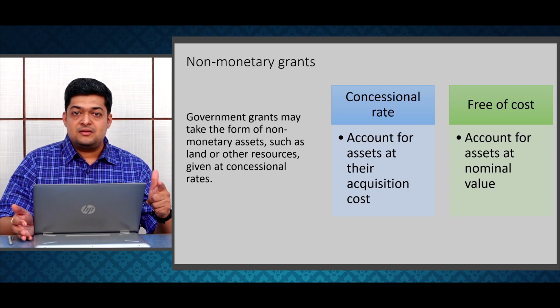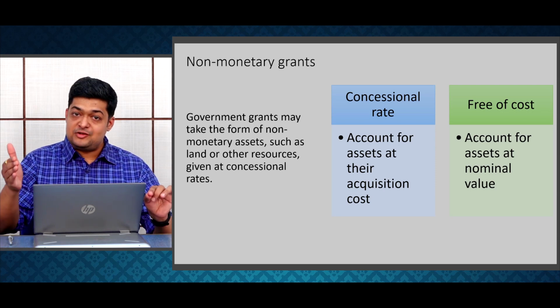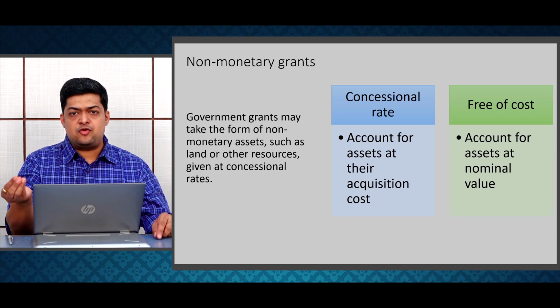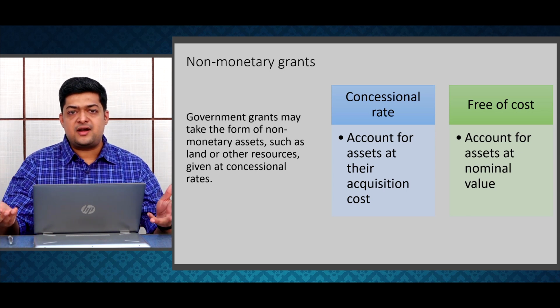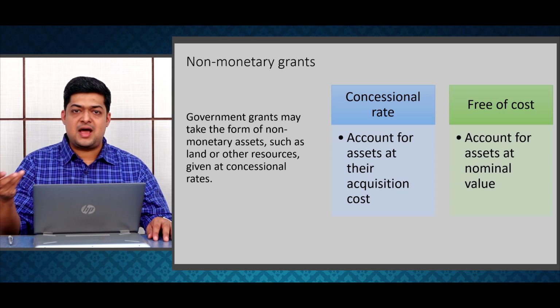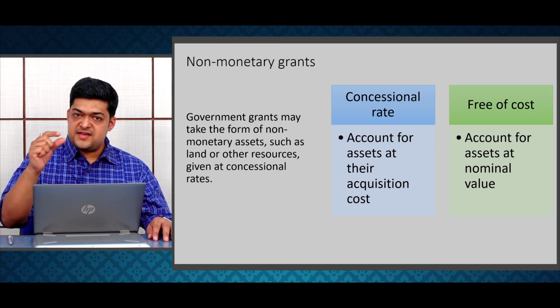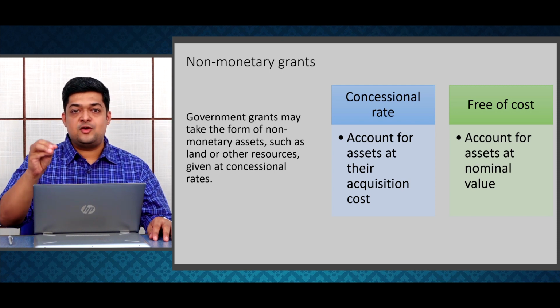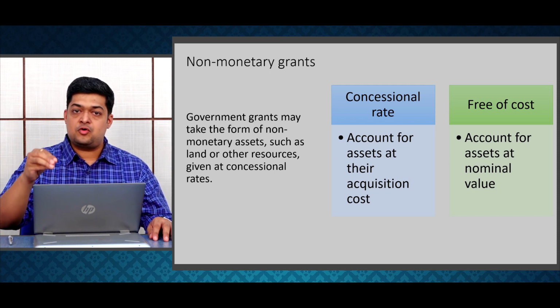What will happen is the existence of the land will not be indicated at all. So to indicate the very existence of the land, even though it is given to you free of cost, we show that land at nominal value. What is nominal value? Maybe 10 rupees, maybe 1 rupee, 100 rupees, you show that. You account for that, and that is not going to make any difference to the financial statement because it is a very insignificant immaterial amount. So in fixed asset register or wherever we disclose it, we will disclose it at say rupee 1 or rupees 10 or rupees 100.